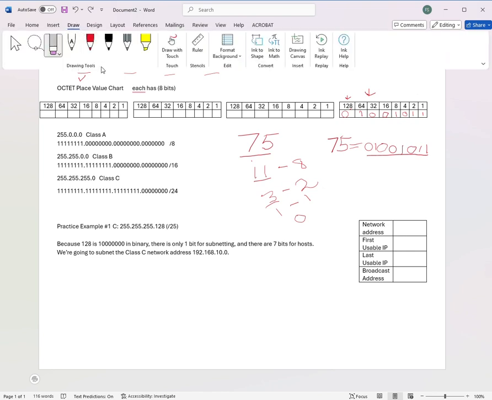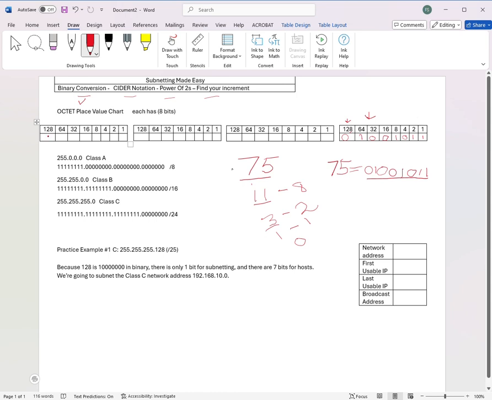Okay, so what we're going to talk about now is CIDR notation. So here we have 3 subnet classes. A class A, which only has 8 bits on in the first octet. Think about it here. We have 1 octet, 2, 3, 4, right? So if I turn on all the bits here, we can see 1, 1,